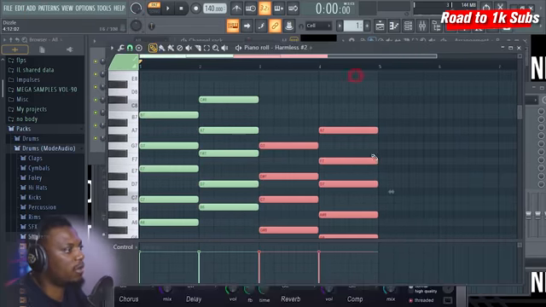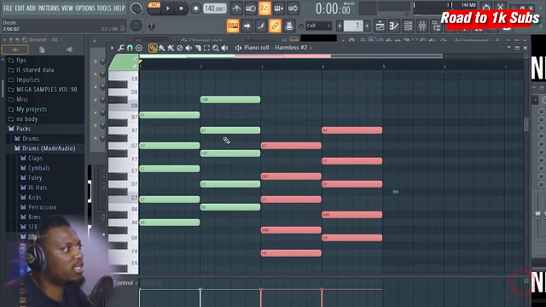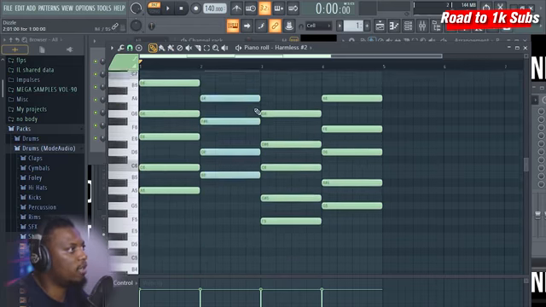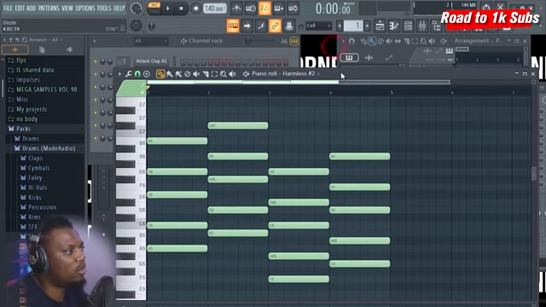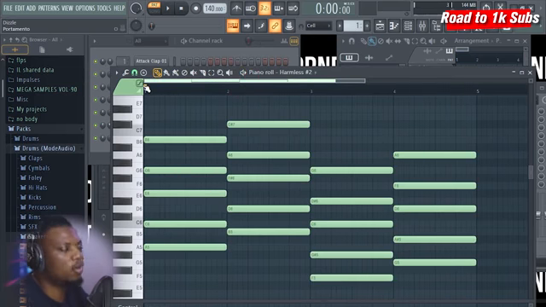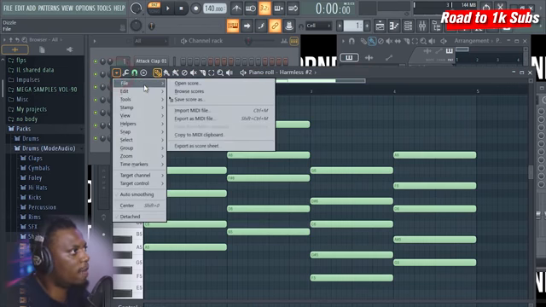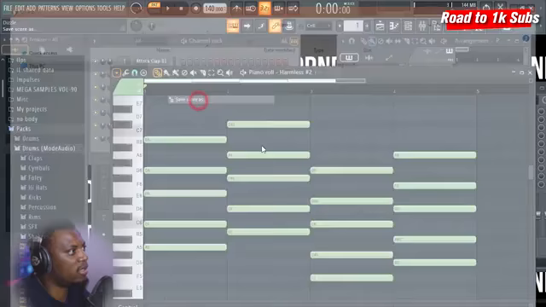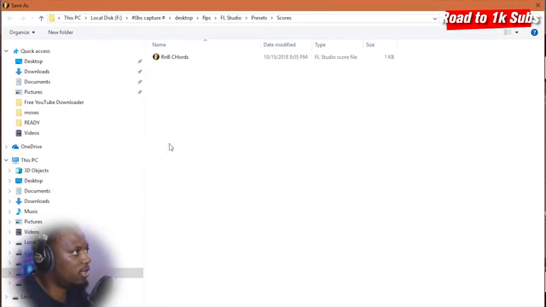I know it's not going to sound perfect, but I'm just going to show you how you can actually save this. You can actually save chords, if you like how they sound and you want to maybe use them again or recycle them and change them, but you like the way you built those chords and you're happy with them. You can go here on file and say save score as,